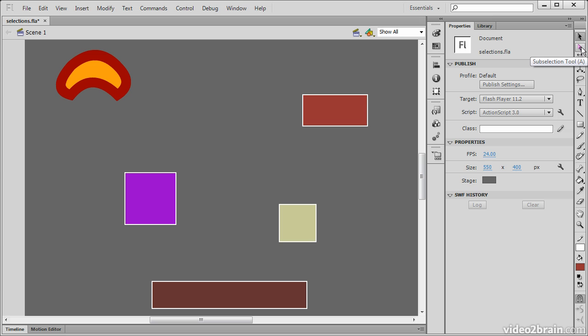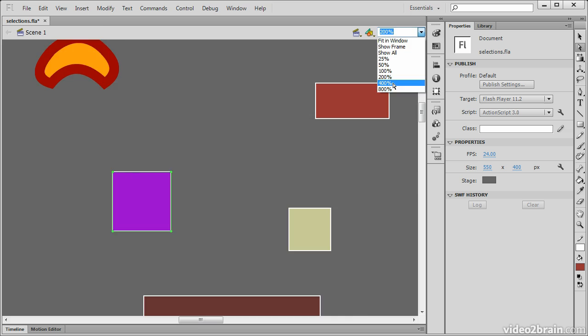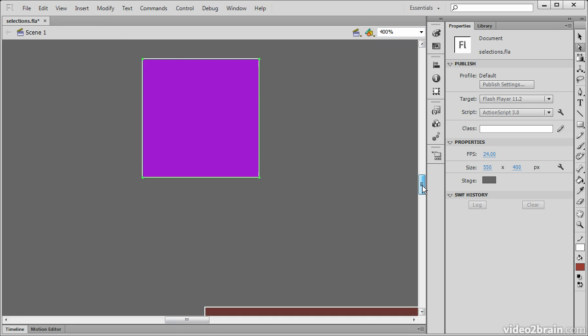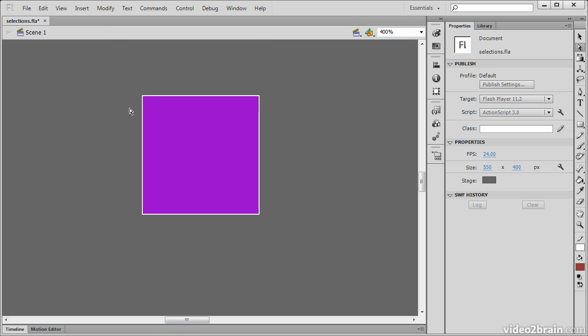The last tool I want to talk about is the subselection tool. Subselection tool is going to work much differently from the selection tool. So for instance, if I click on any of these objects, we're not getting anything. If I drag a selection rectangle around one, however, we can see that all of the different anchor points will actually be selected. Let's zoom in a bit here. So if I click off of here, the selection will go away, but I'm actually able to make selections that